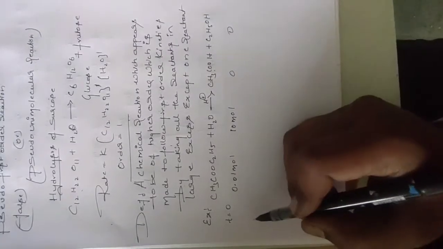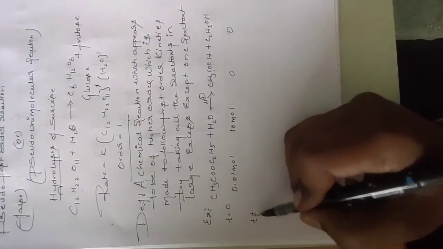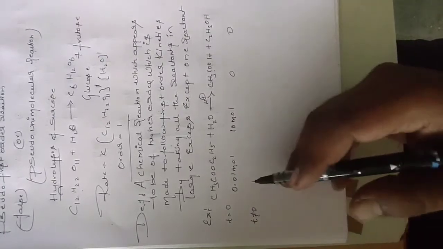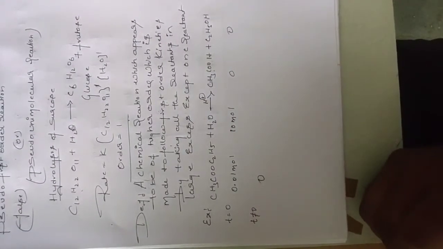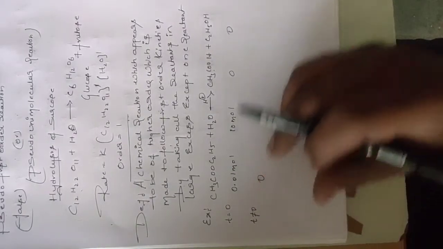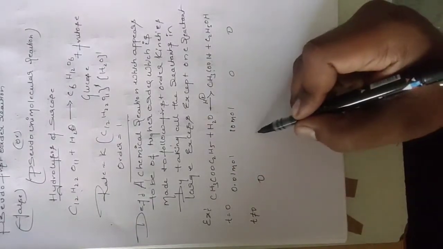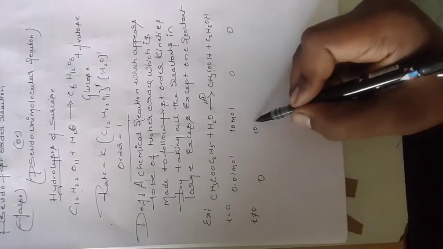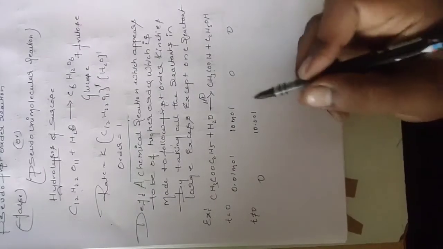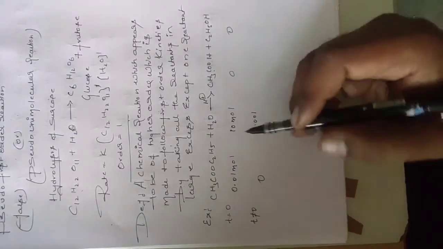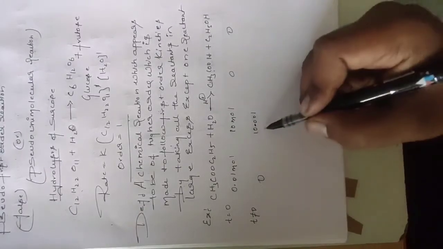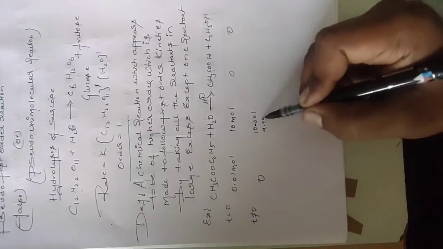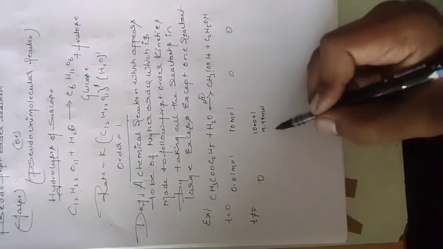When t is not equal to 0, the ethyl acetate becomes 0, and water becomes 10 minus 0.01, that is 9.99 mole,